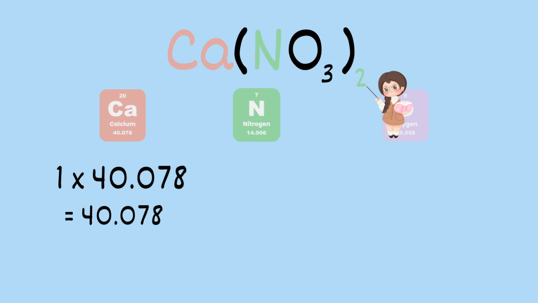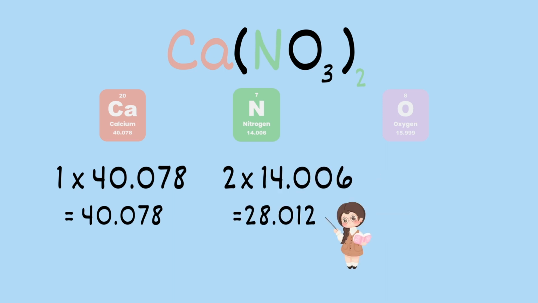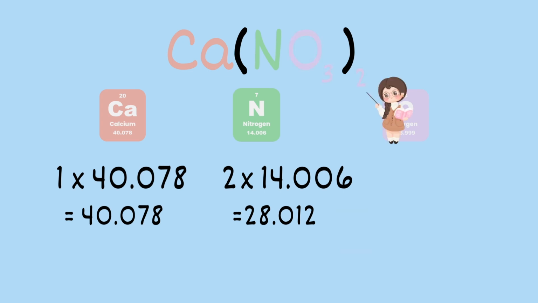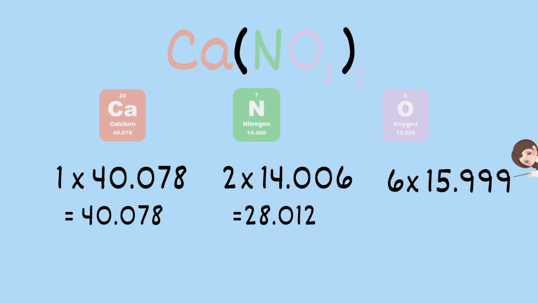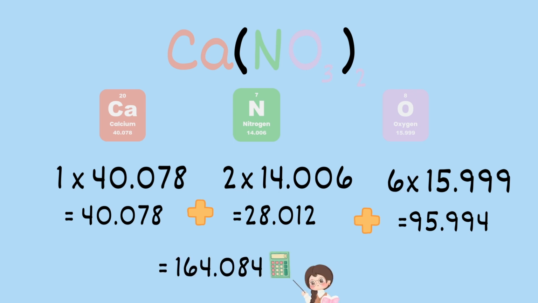There are 2 nitrogen, indicated by the number 2 subscript, so we're going to multiply 2 times 14.006, and this gives us 28.012. Lastly, oxygen has 6, so we're going to multiply 6 times 15.999, and we're going to get 95.994. We add these all together and get a total molecular mass of